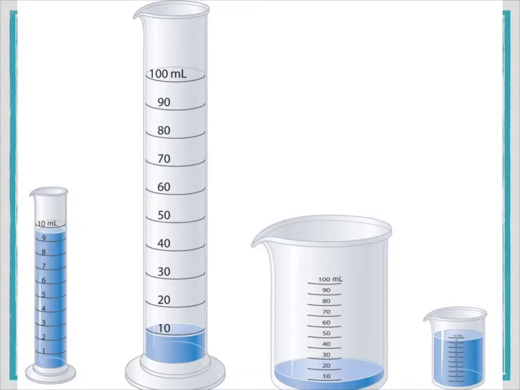You have a graduated cylinder on the far left. That's what this tool is. It's a graduated cylinder, and it is calibrated to the nearest 1 milliliter. You can tell by looking at this cylinder that the volume in the flask is above the 9 but below the 10. That means with certainty you know that